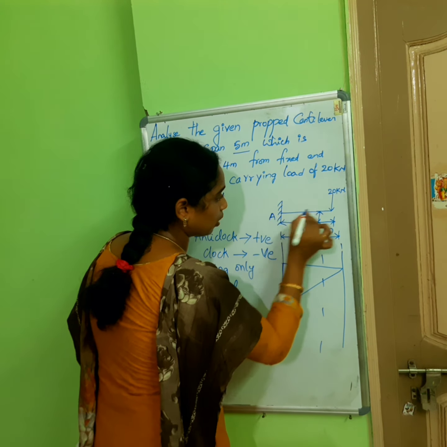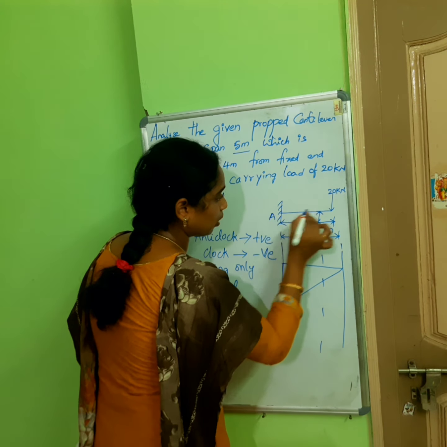See here, this length how much? 4 meters. This is my length, 4 meters. So what will this height be? I am considering only prop now, so it will be RB, I am taking as prop, RB into 4. Okay, so now I need to calculate the area. See here, this one is a triangle. So area is half into base, how much? 4. Height how much? 4 RB.